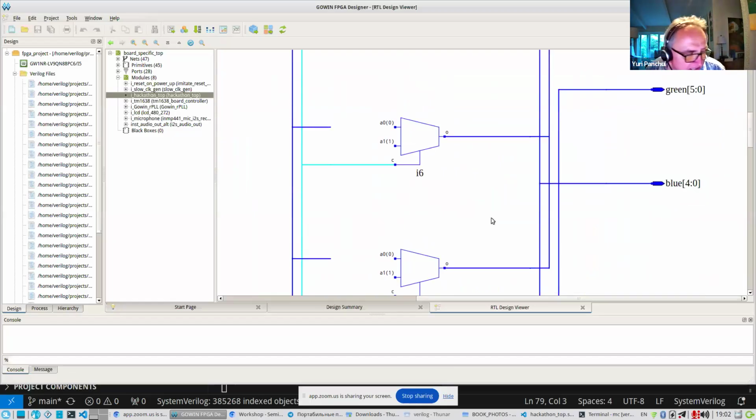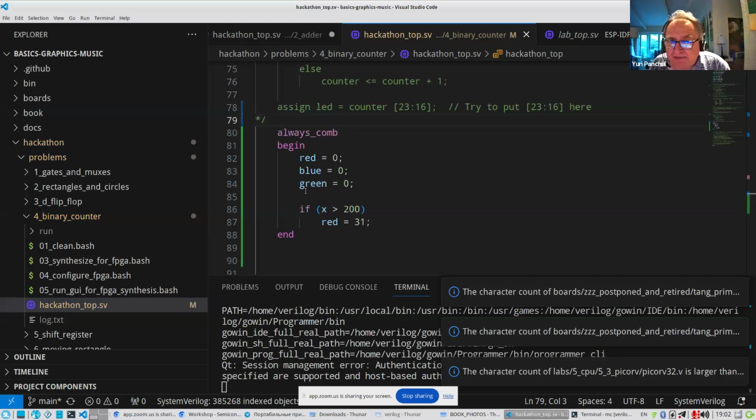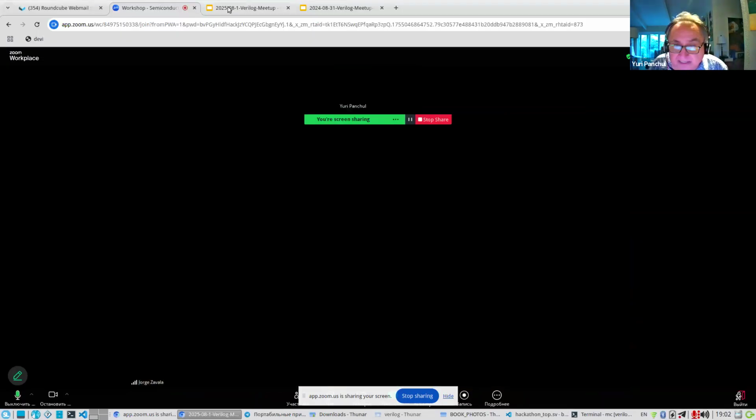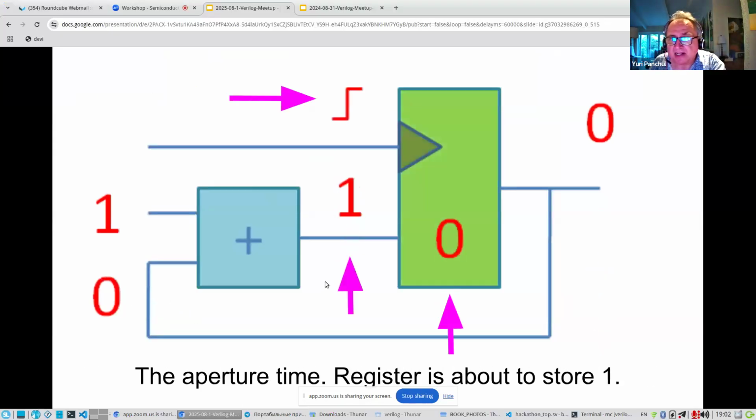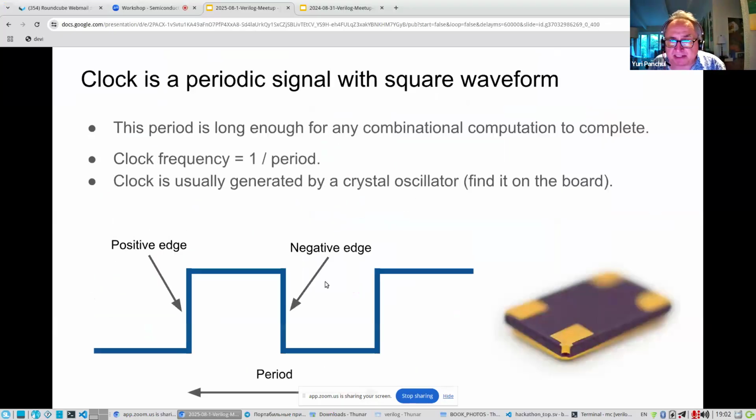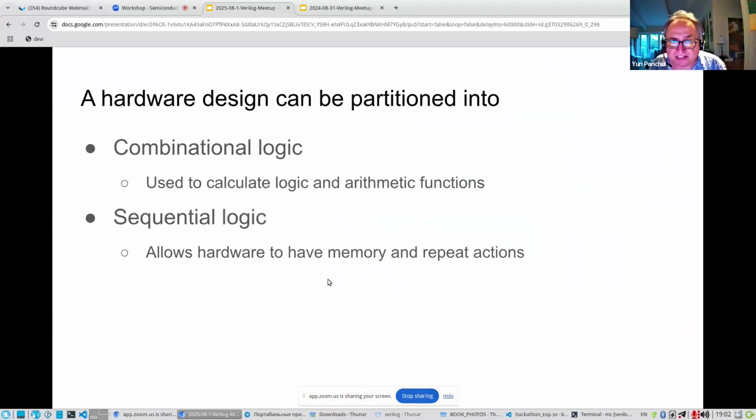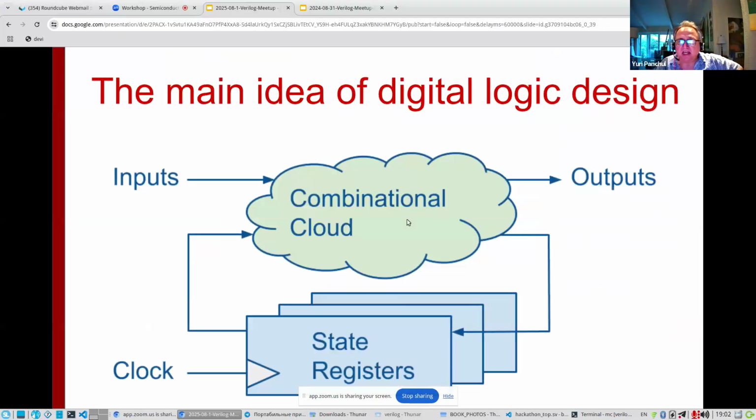This is how a synthesis tool converts your code into schematics. So if you put simple combinational logic, you are getting only a combinational cloud. If you go back to our slides, you can see that we are using combinational logic.